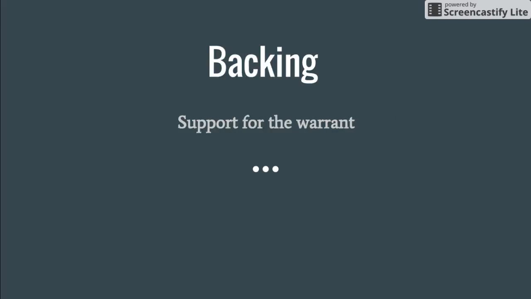The next part that goes even more depth is that you have backing for your warrant. So this would be like another sentence or even more support that you would add to the warrant, where you explain your reasoning for the reasoning. This ensures that you will score, that you're going to explain that point in depth. You've got to really explain it to your audience. Where is there some more explanation for that warrant? Go ahead, look for it on your paper.